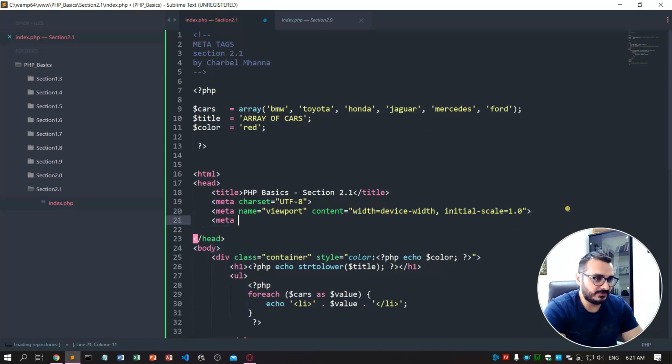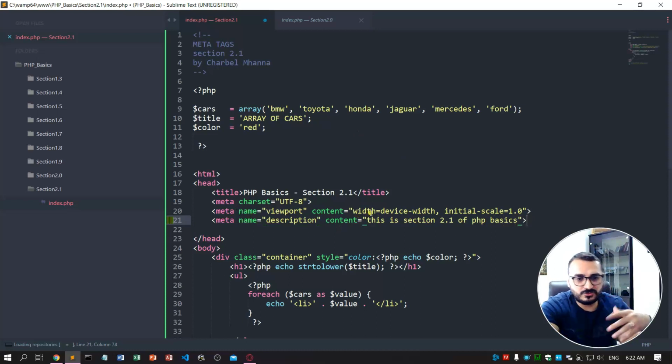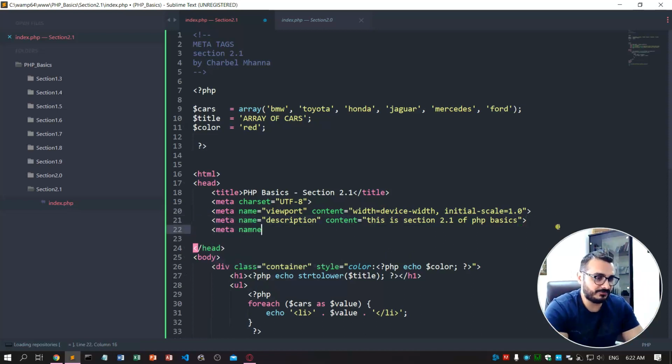Then you will have the description. The description is the description of the website. So this is section 2.1 of PHP Basics. So the description that you see here in the meta is when you go to Google and you search for something, when you get the result, you have the title and you have the description of the website. This will be the description of your website, and we'll have the meta name,